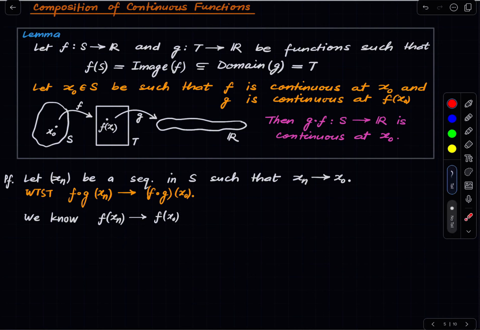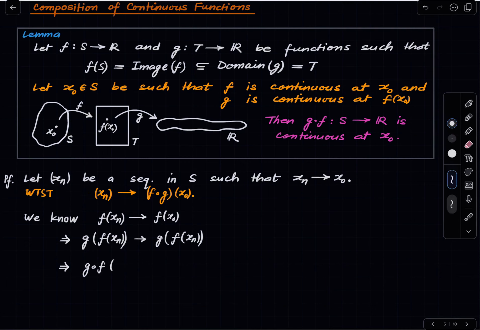And now f(x0) is a point in the domain of g, and f(xn) is a sequence in the domain of g converging to that point. Each f(xn) is in T because the image of f is contained in T. So this is a sequence in the domain of g converging to a point in the domain of g, and g is continuous at that point. We are given that g is continuous at that point. Therefore, by the continuity of g at that point, we have this happens, and hence